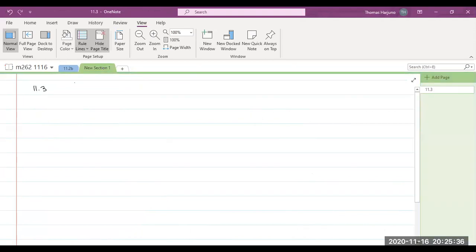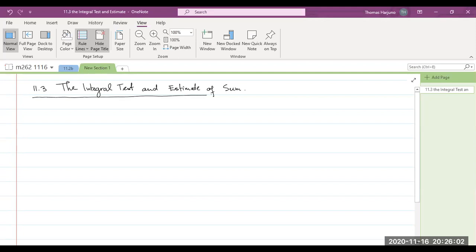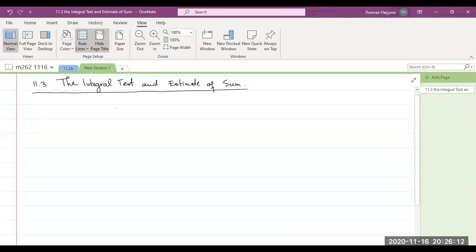Okay, 11.3 on the integral test and estimate of sum. The integral test and estimate of sum. It has something to do with the graphical interpretation. So let's start with